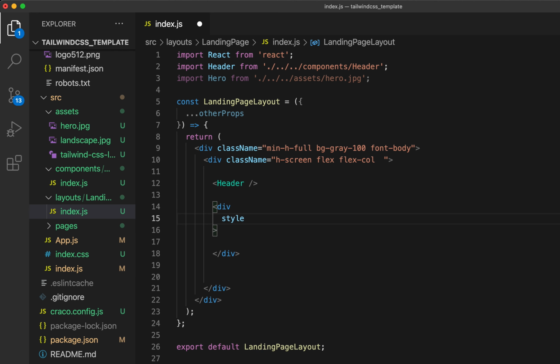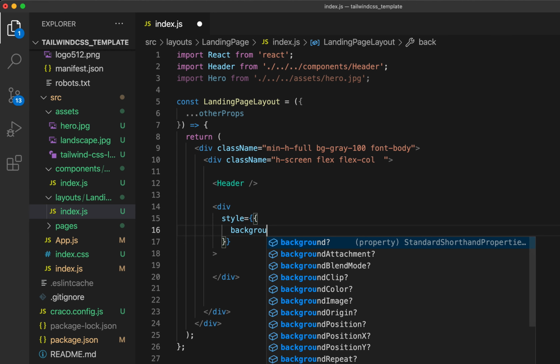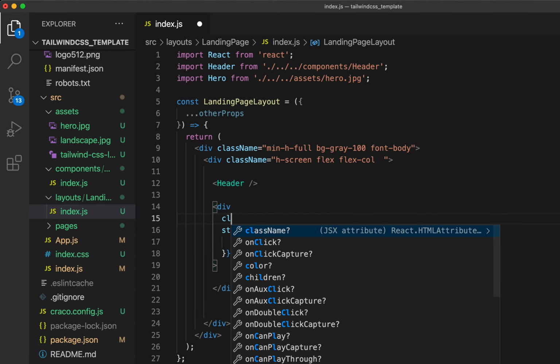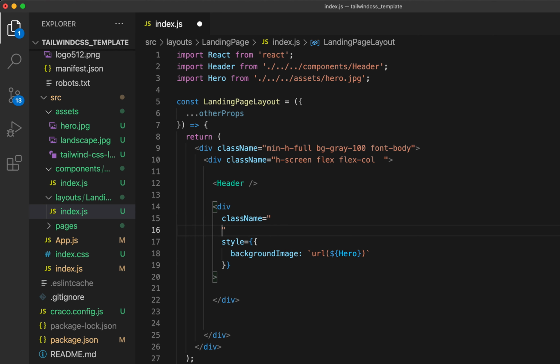So I'm going to set the style tag, and then we're going to set the background image, and we're just going to set that image. So it's going to be URL, and then we'll use string interpolation to set the background image to be my hero image. And then finally, we just need to apply some classes to our